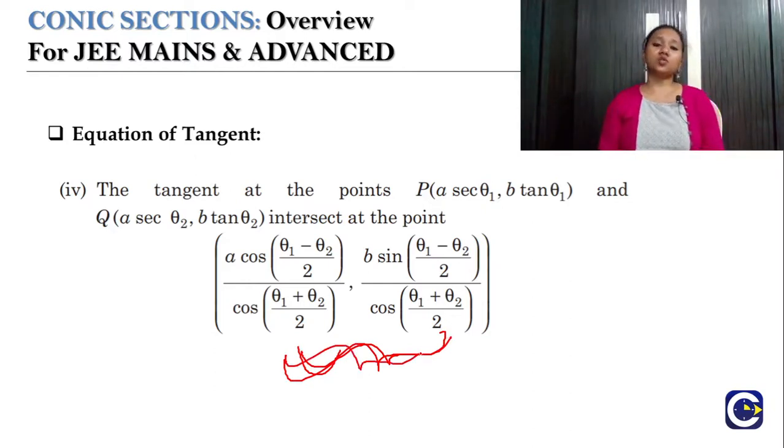In other words, what you can actually do is use the point form of writing the equation of tangent. You can write the equation of tangent with this point P, or you can write the equation of tangent with this point Q. As you have two equations of the tangents, in order to find the intersection you just have to solve those two equations. If you feel it is difficult to remember these coordinates, then you can go by that methodology. It will take somewhat more time, but it actually works if you have difficulty remembering the formula.